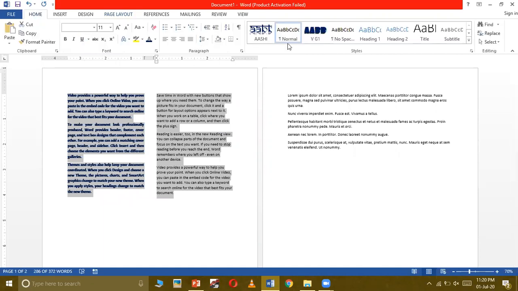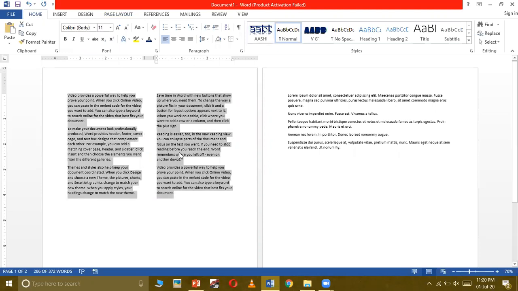And let's make it normal text so that it is easily understood. Now I have two different columns in my document. Now I want the first column to end after the second paragraph only, and the third paragraph I want to move to the second column. So second column is this one. This one is the second column, and this one is the first column. So in the first column, I want this column to be till here only, and the content after this, that means the third paragraph of the first column, I want to move it into the second column. So at this position, I can use the column break option.